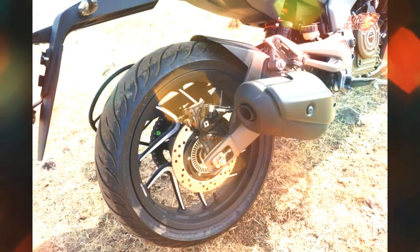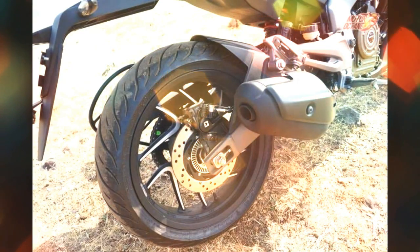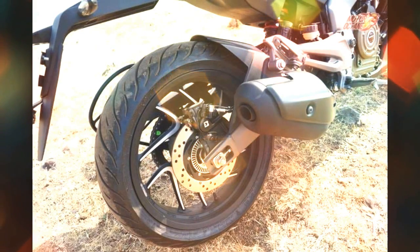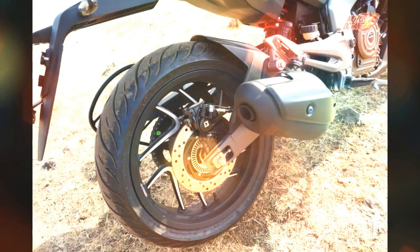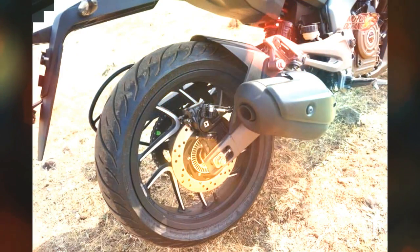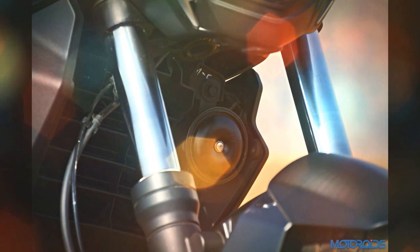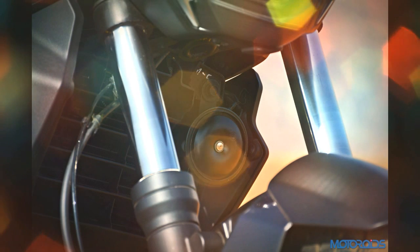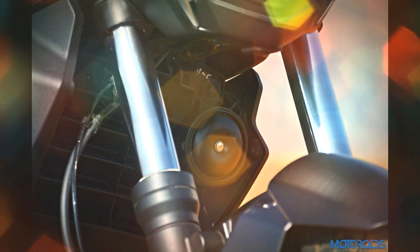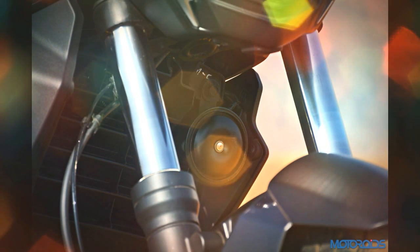Now let's come to the acceleration. The Dominar 400 accelerates gradually, point by point, but the Duke is like a rocket. As soon as you push the throttle, it crosses three digits immediately. So guys, we all know the power of Duke, and the acceleration delivery of the Duke is much better than the Dominar 400. But on racetracks,